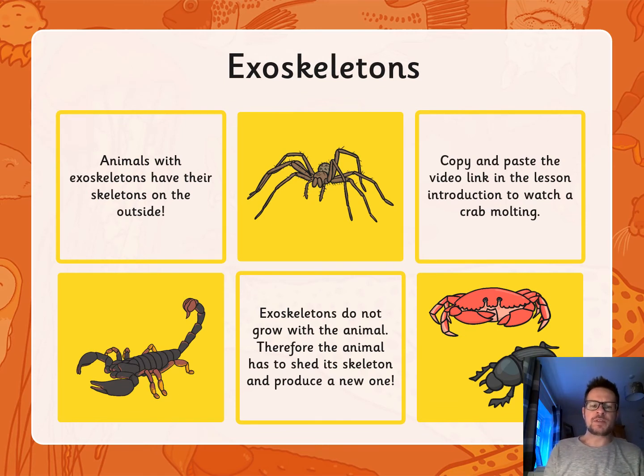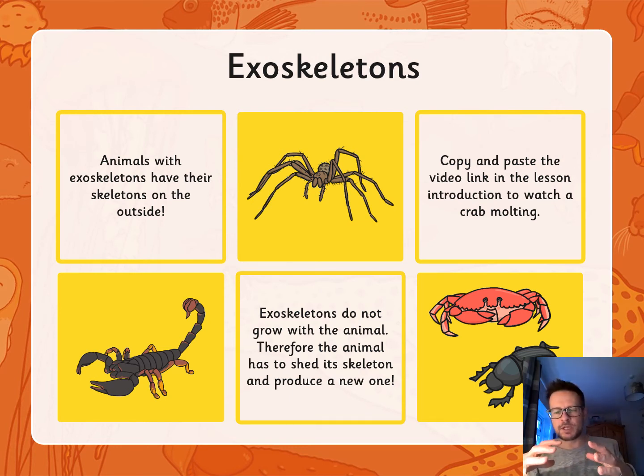Exoskeletons. Animals with exoskeletons have their skeletons on the outside. Exoskeletons do not grow with the animal, therefore the animal has to shed its skeleton and produce a new one. And in the introduction to this lesson, there is a link to a video of a crab molting its old shell, its old exoskeleton, and as it breaks out of its old one, it has a new one underneath that